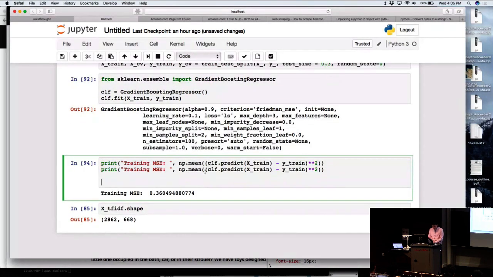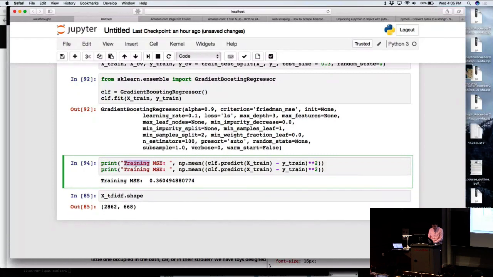Let's look also at the performance of a baseline. So baseline training MSE would just be, instead of predicting the actual prediction from this, we just predict the mean of Y train everywhere. So remember, another really important point is whenever you show results